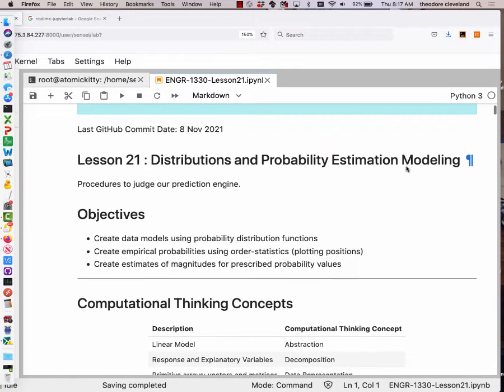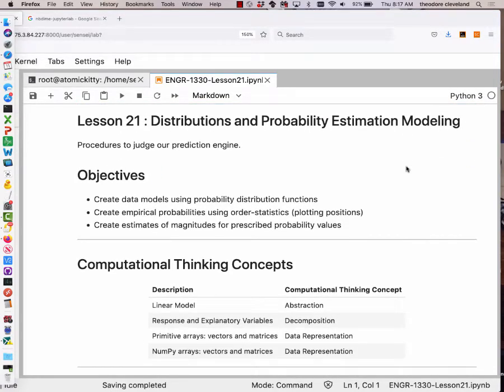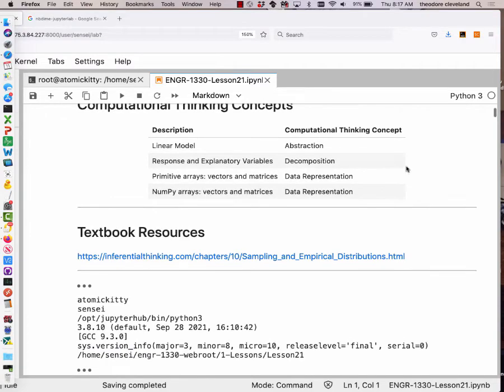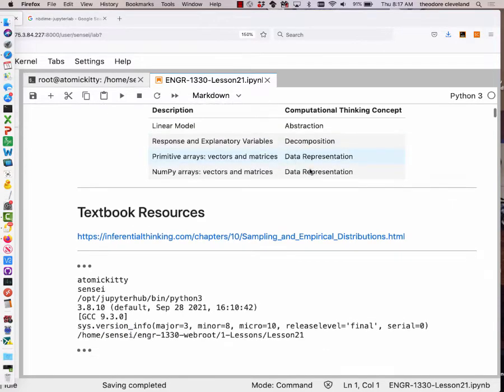Okay, so what we want to accomplish today is creating data models using probability distribution functions. Keep in mind the distribution function is what produces the green line, or in our case, we're using red dots and blue lines, or blue dots and red lines. Whatever one is the line is the distribution function. Forget the thinking concept, because that table is completely